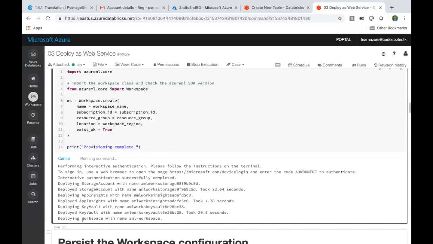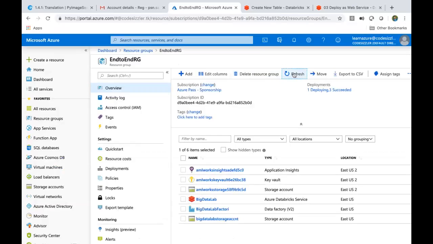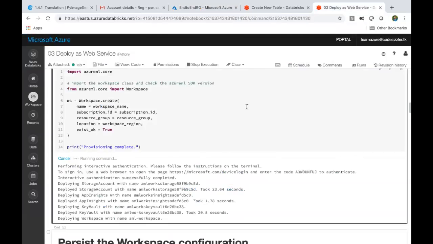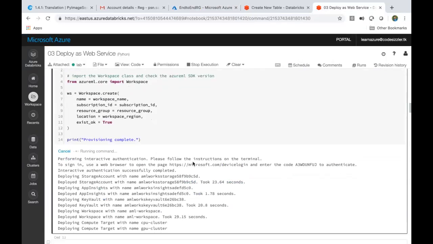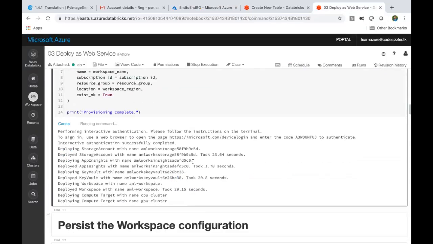Now see, the last one is deploying the workspace. It's creating everything here, right?